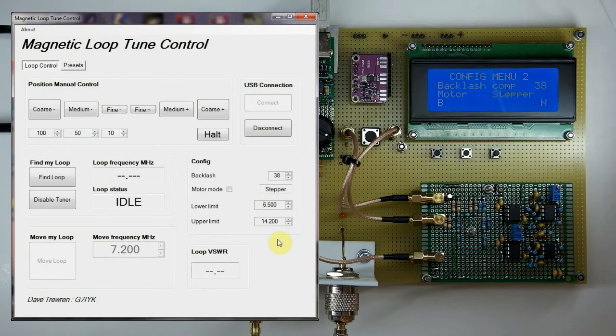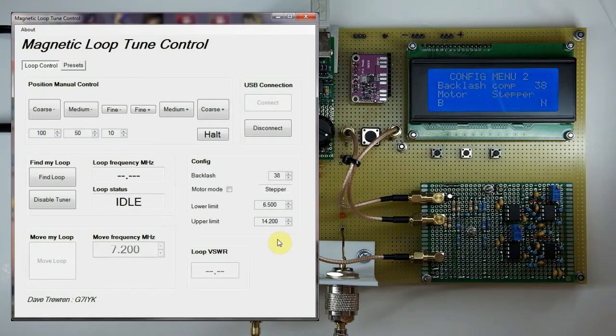So what backlash compensation does is, whenever the tuner detects that the motor has changed direction, whether automatically or manually, it will introduce that number of motor movements. If that's a stepper motor, it's motor movements, so in this case 38 motor movements, and obviously the motor movements are quite small. And if it was a DC motor, it would be a measure of time that the